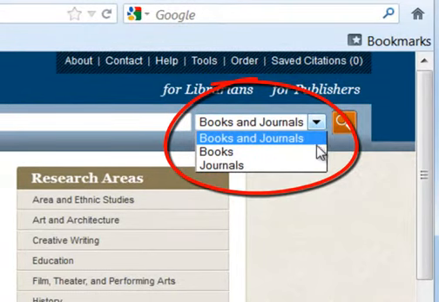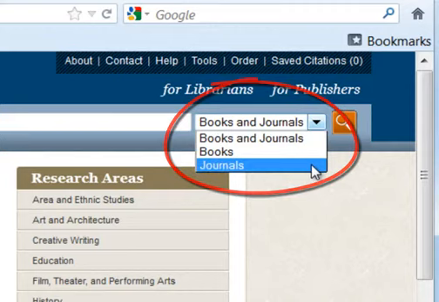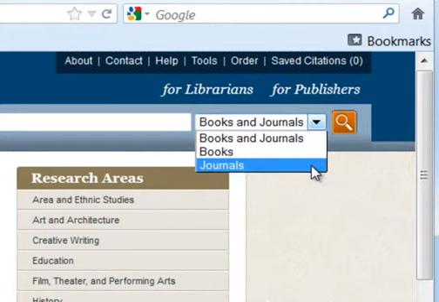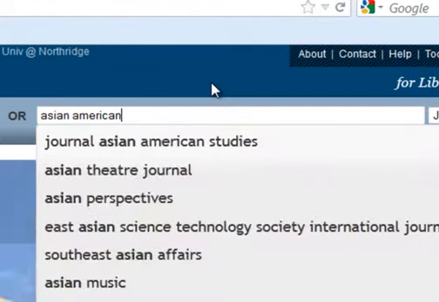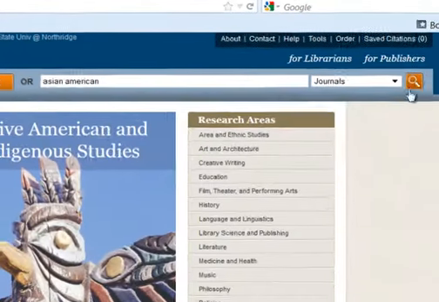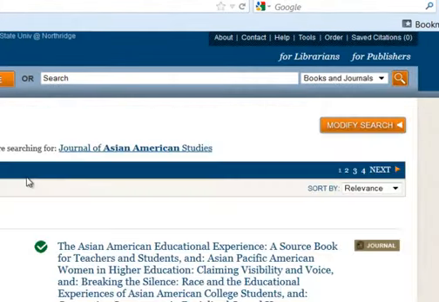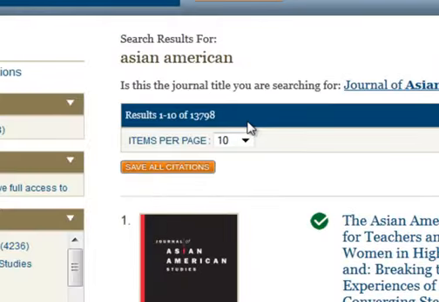Change the search on the right-hand side. There's a drop-down box that says Books and Journals. You're better off searching just the journals at this point. I can type in Asian American, and I'm going to click on search just to see what comes up. You'll notice that more than 13,000 results came up when I just typed in Asian American,